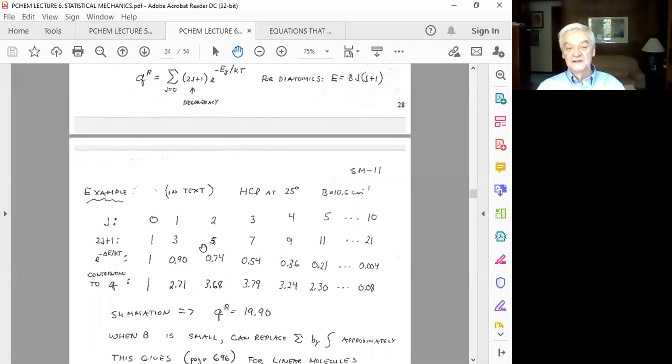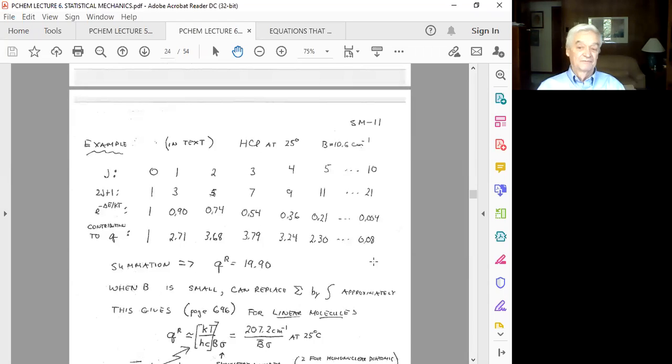Well, we continue this. The degeneracy goes 3, 5, 7, 9, 11, 21. The exponential term keeps dropping as our energy levels go higher and higher. And already you can see by the time we get to j equal to 10, we're getting very small contributions to Q. So if you take 20 terms, you'll have pretty much the exact value, and you get 19.90 as the rotational partition function for